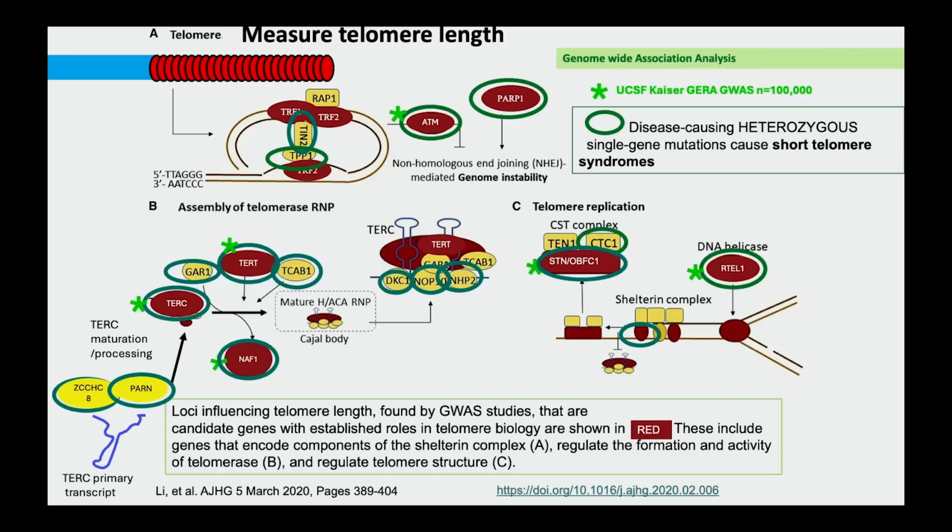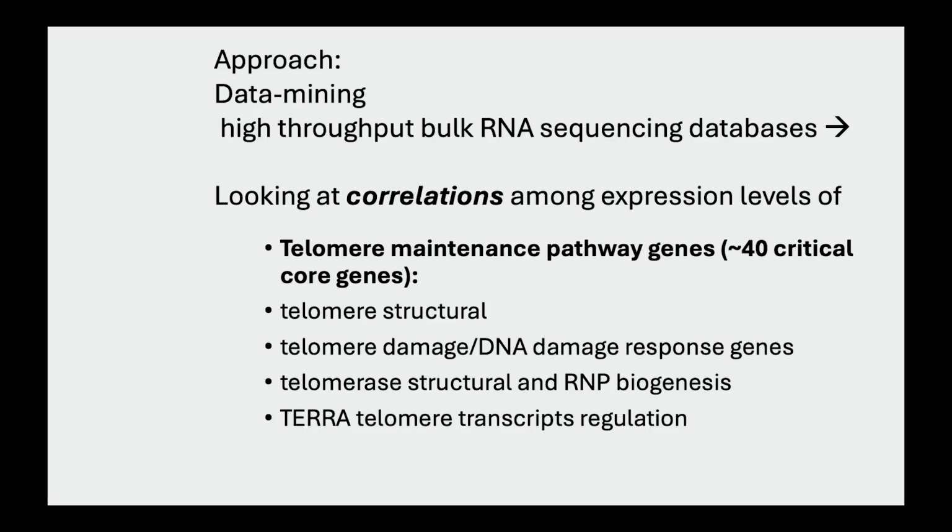Okay, so mind you, here they all are, and there's about 40 crucial proteins, and they are different classes, and you've heard about some of them. These are the telomere maintenance pathway genes. I'm calling them about 40 critical genes that I've showed you there, and a few more. Some of them are structural on the telomeres. Some of them are to do with the DNA damage response, the proper response to telomeres that can sometimes prompt telomerase to act on telomeres or protective proteins to act differently. The telomerase ribonucleoprotein structural proteins, the biogenesis genes, and TERRA, which you heard about this morning, those RNA transcripts that go through, what regulates those transcripts that go through telomeres.